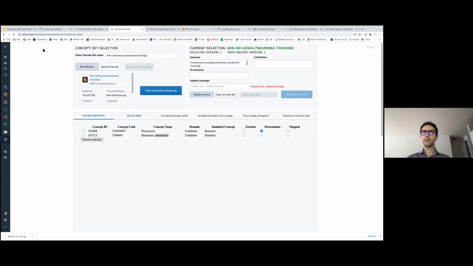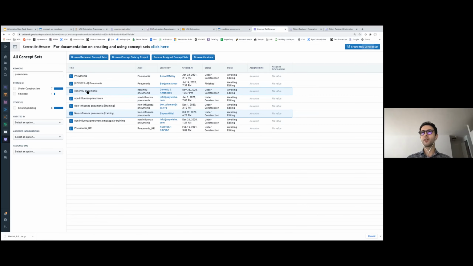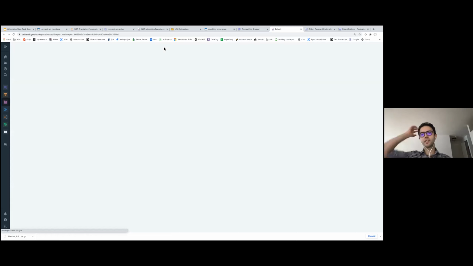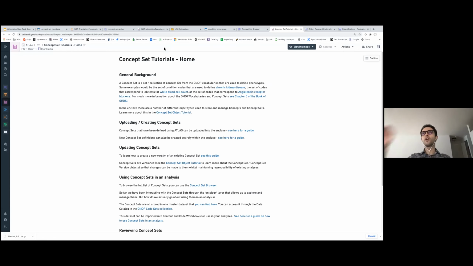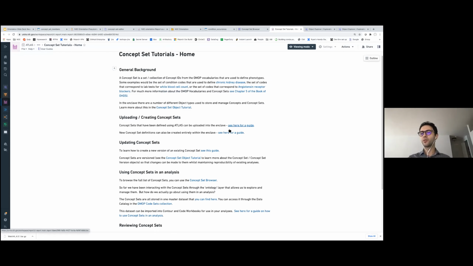The last thing I wanted to mention about concept sets is the documentation. So it's available from the browser, the concept set browser. If you click on it, you have a more in-depth tutorial that gives you information about the existing tools to manipulate concept sets.